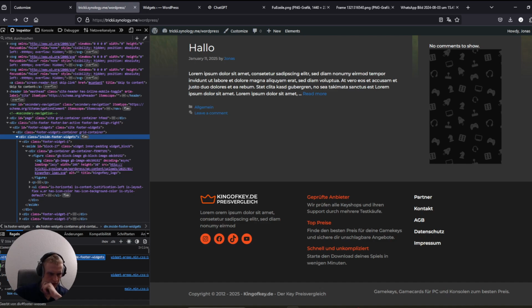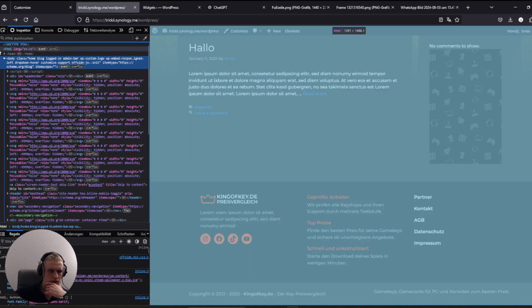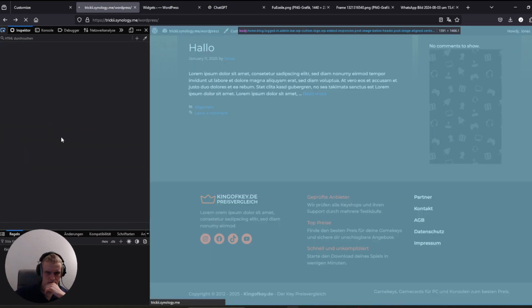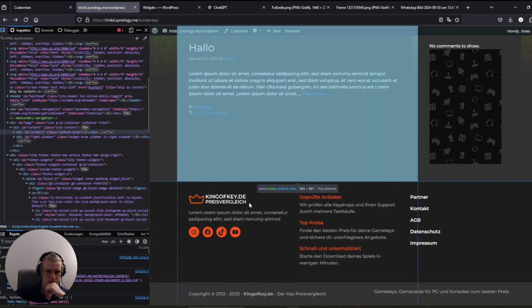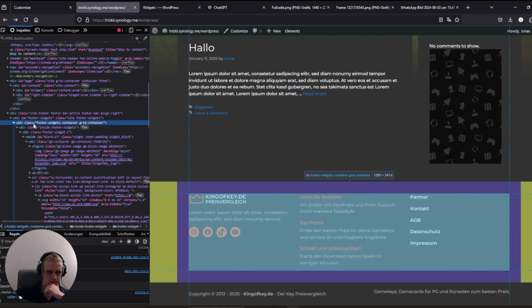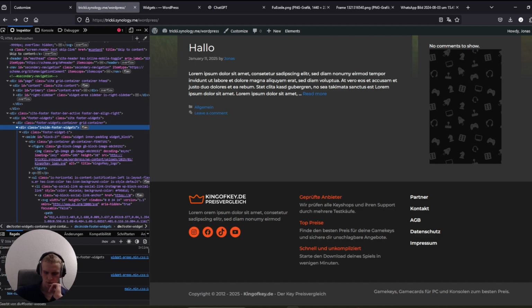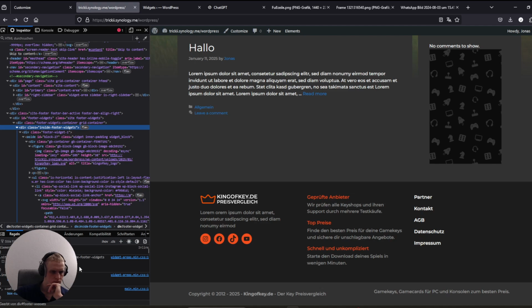The footer side, footer with a widget container. Wait a second. I need to refresh and look at it again. It was this one, right? Padding 40, but it wasn't this. It was this one. So if we make it 0, for example,